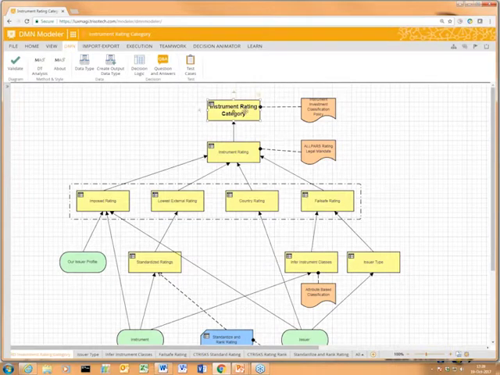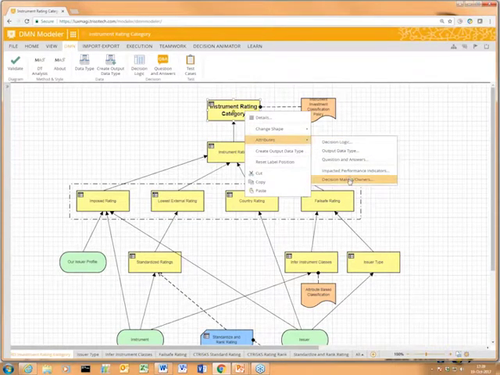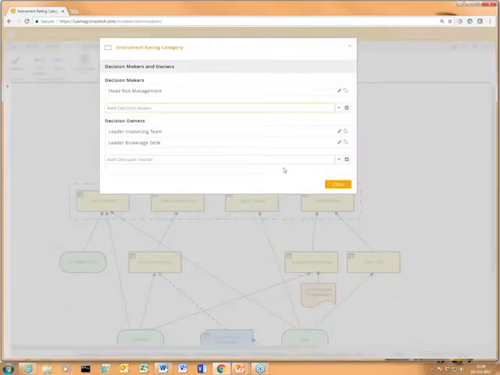each of these KPIs. Another key bit of metadata for each decision are the decision makers and the decision owners. Who is responsible for the evolution of a decision? Who is responsible for the outcome in a different case? So this background information really helps to show how a decision model is plugged in to the rest of our